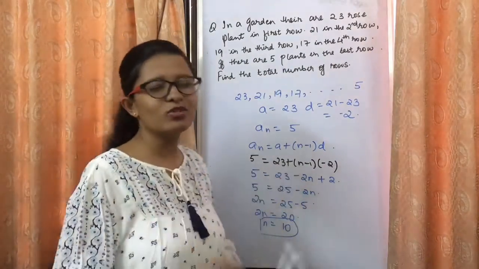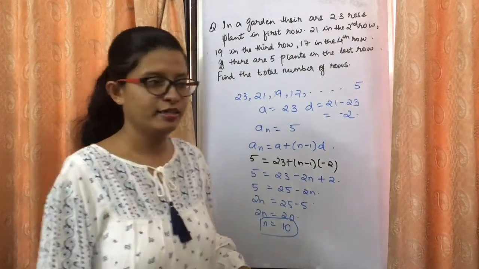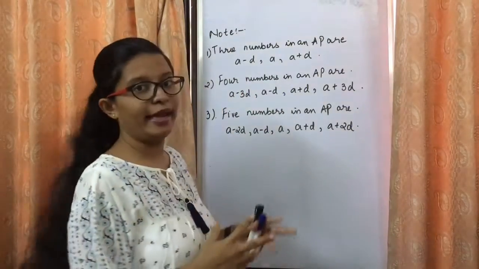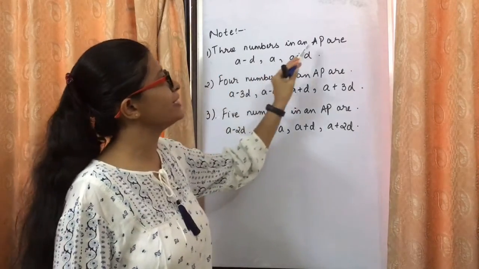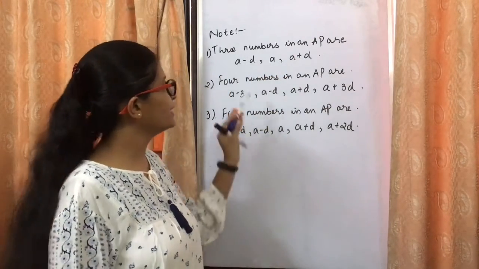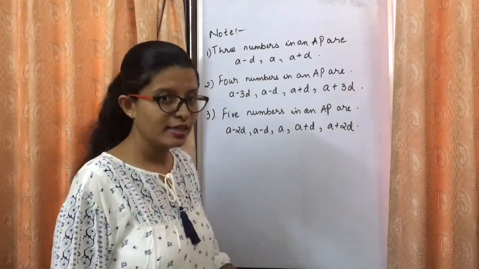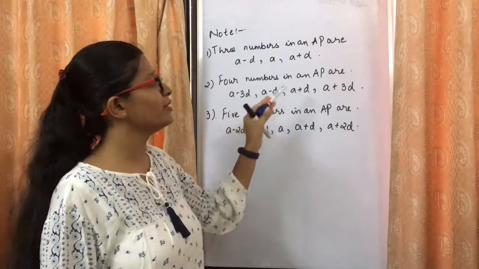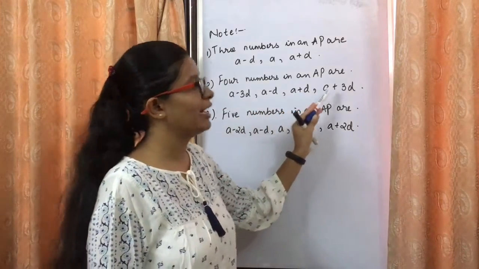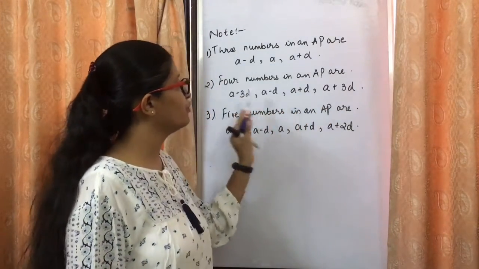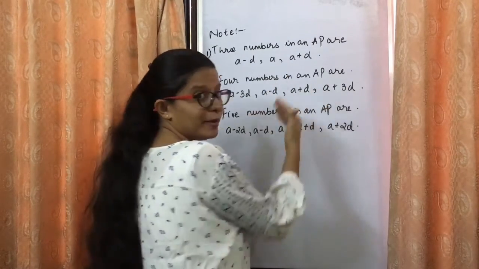So by using just one simple formula, my dear friends, you can solve a lot of questions on the AP series. Have a short note on the AP series. If it is told in the question that we have 3 numbers in an AP, we can assume the 3 numbers are A minus D, A and A plus D. Similarly, if we have 4 numbers in AP, we can take them as A minus 3D, A minus D, A plus D and A plus 3D. You must have observed the symmetry on both sides.